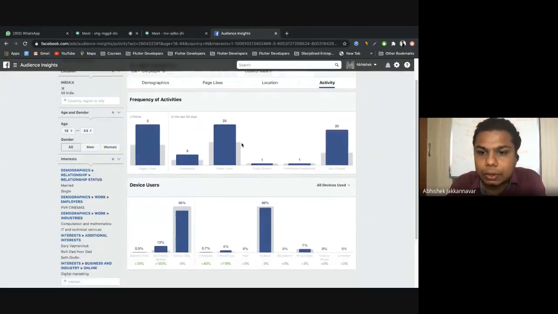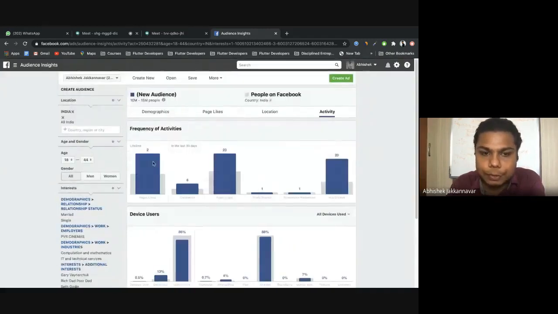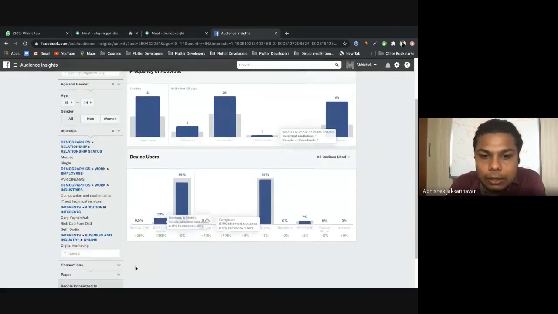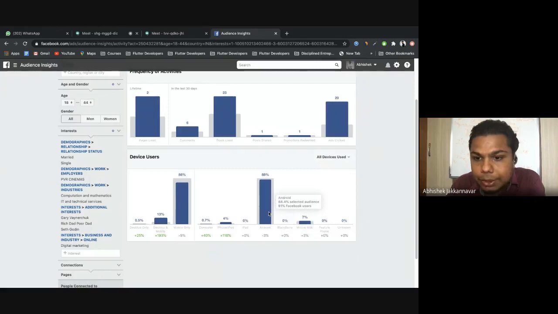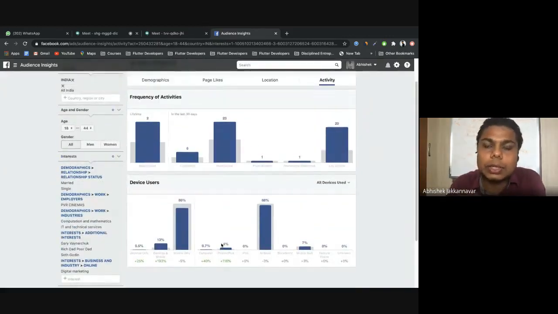And then you can see all the topics I have discussed so far, in terms of demographics, page likes, and interests, how their engagement has been, and what kind of devices they use, either desktop or mobile. Most of them are Android users, and 4% are iPhone, iPod users, right? So this will give you clarity about what you should put in the audience segment in the ad campaign. So with this, we come to the conclusion of this tool.